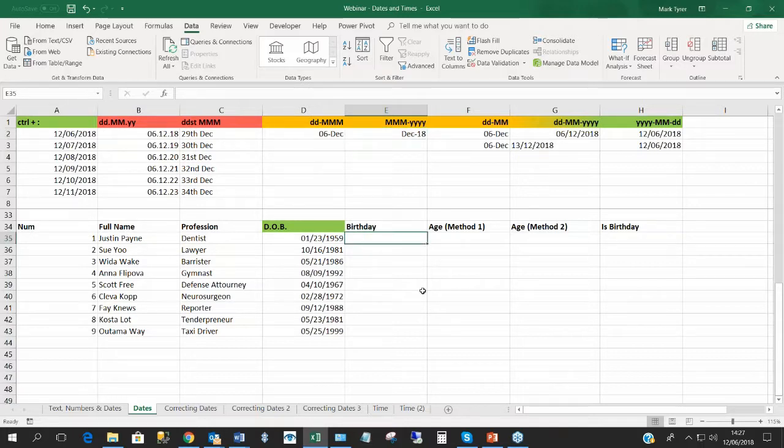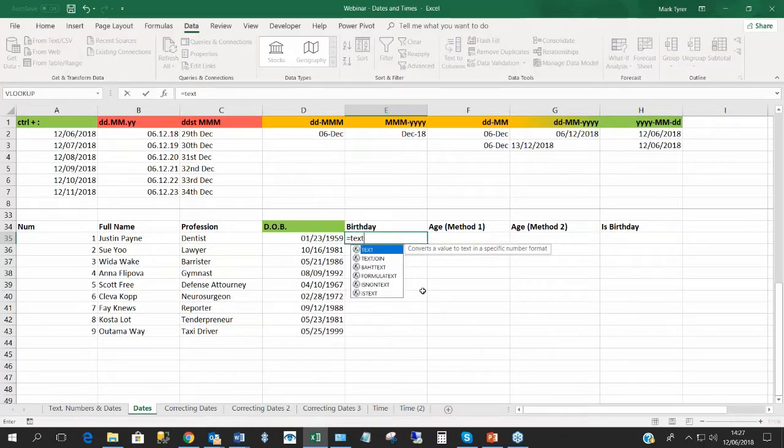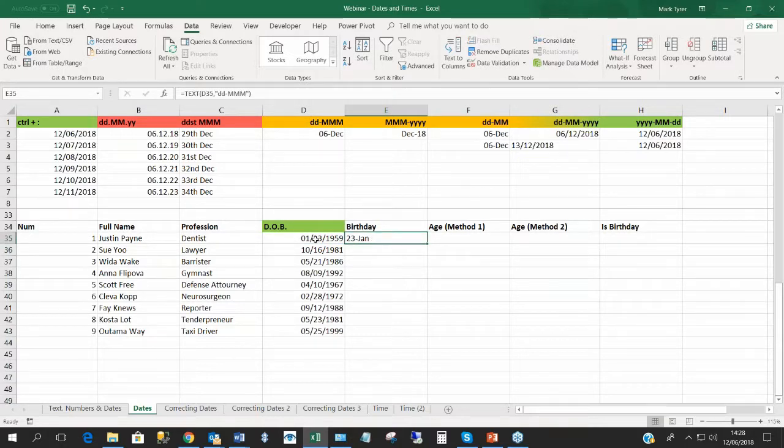year component, I can use a function called text, which enables me to extract a text component from a numerical value like a date. And so I can say equal to text, select the value, and then over here I just type in inverted commas the format that I'm wanting. So here I'm wanting day and then the month. And I've typed 3 M's because it will then denote the first 3 characters of the month. So it's a day dash month, and then you can see I get the 23rd of January, and I can